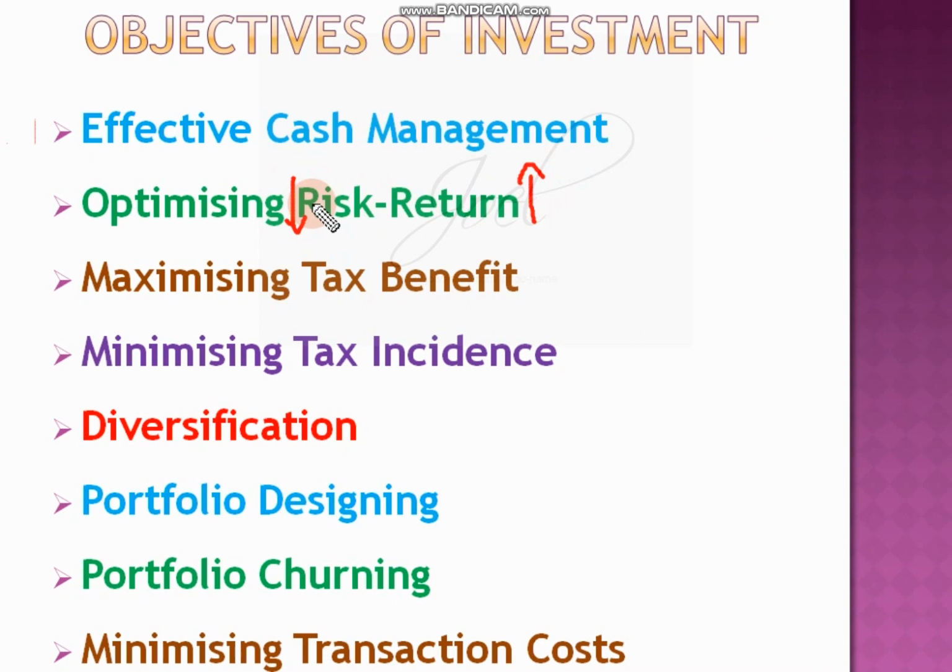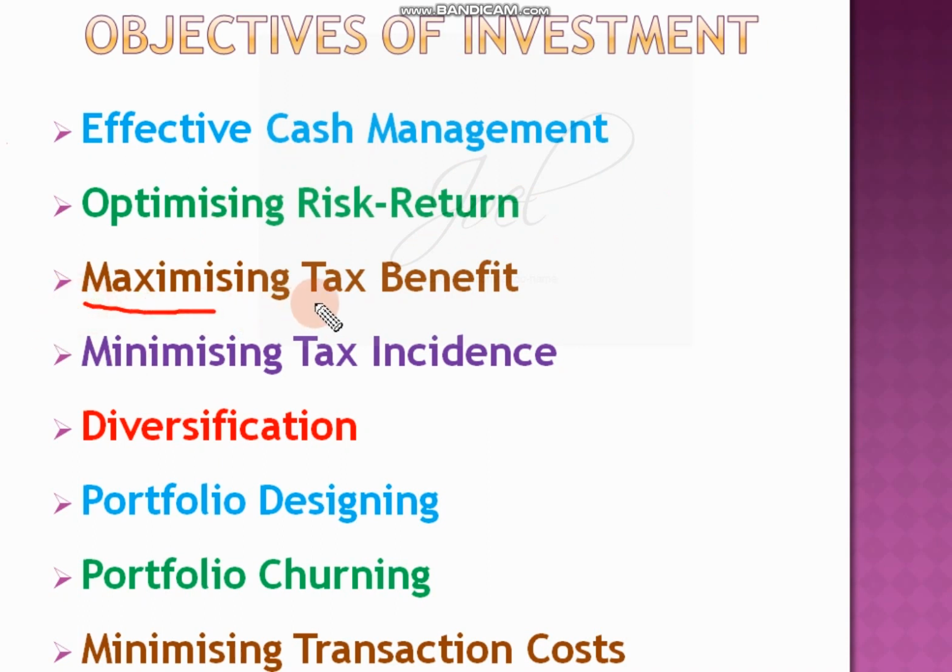For example, gold. If you purchase gold, there is capital appreciation, there is return, but there is risk, you have to safeguard it. All those things are there. If you are investing in the share market, you may get huge return also. At the same time, there is a risk of losing everything. So these are the things in optimizing risk and return. You have to study properly, then invest. You have to see where there is less risk and more return. That's a concept we have to consider.